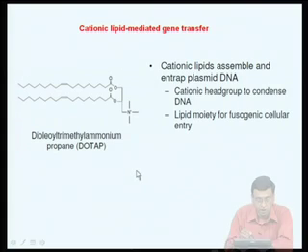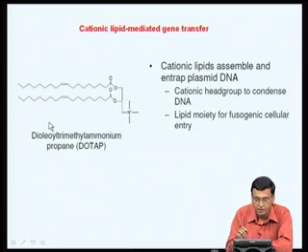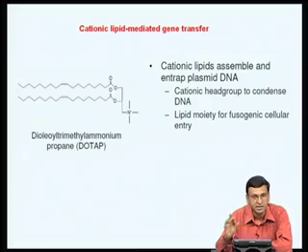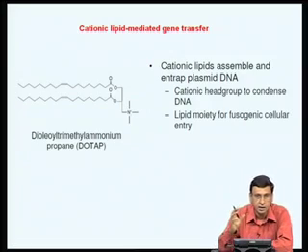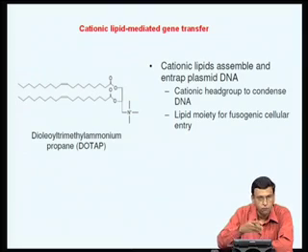For example, this is one such lipid formulation they were trying, called DOTAP, which contains a positively charged head and a hydrophobic tail. When you take such cationic lipids and put in the plasmid DNA, the DNA interacts with this positively charged head group and gets entrapped by a lipid particle. If you now add these cationic lipid DNA complexes into cells, the lipid fuses with the cell membrane and the DNA is delivered inside cells. So, a number of cationic lipid formulations were being synthesized by organic chemists,